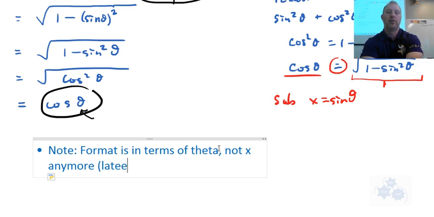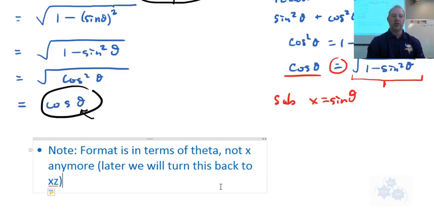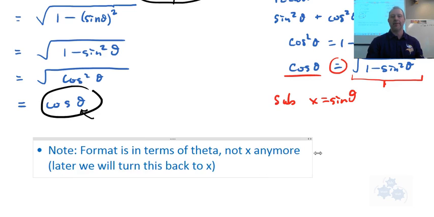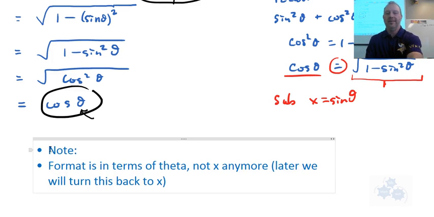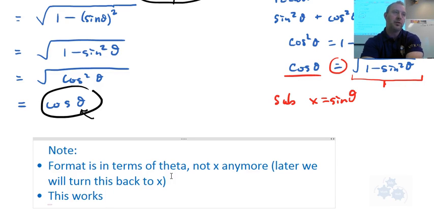And later, we will turn this back to x, because again, the question was, what is the integral of this expression dx? So if we've moved this now to theta, or cos of whatever, we have to take it back there. Okay? So that's the first note. The second note is that this works for numbers other than 1 too, because 1